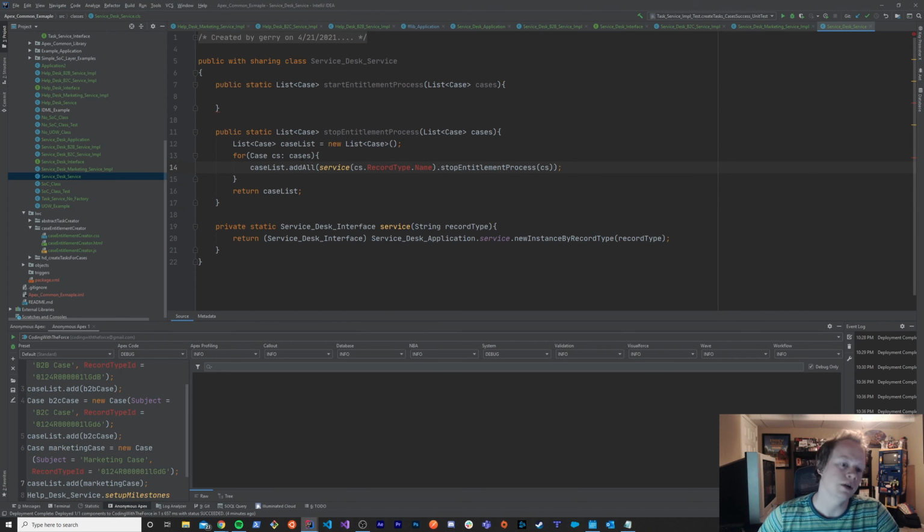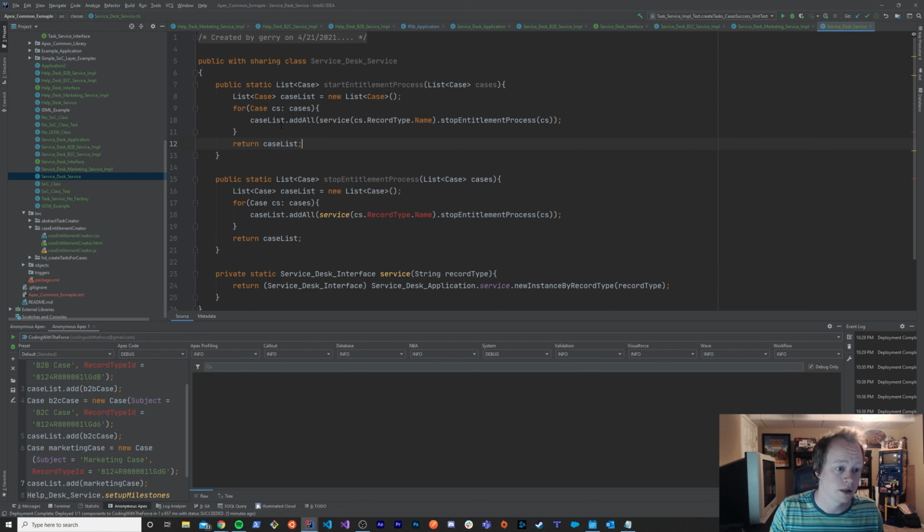All right, so what is going on here? Let's break it down. Basically, we're sending in a list of cases. We've got to figure out on a case-by-case basis what record type we're dealing with, right? So that we can initialize the right service implementation class based on the current case's record type. So here we go. Here's where it all comes together. Let's break this down. I'm going to go ahead and just copy this up here to make this a little easier. This is just going to call the